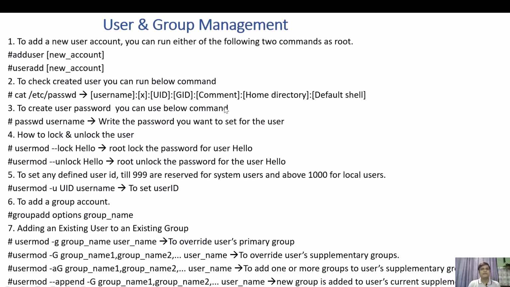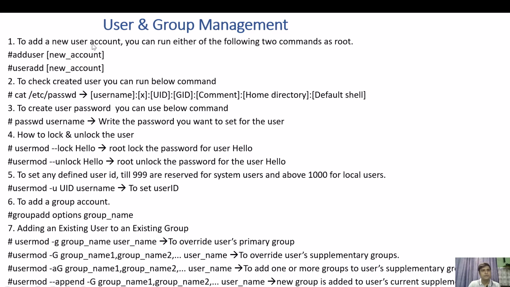Welcome everyone. Today we will see how to create, how to modify, how to delete user and group. We'll also see how to create a password for these users. To explain you guys, I have captured very important Linux commands to perform this task. Like first, you can see the first one.